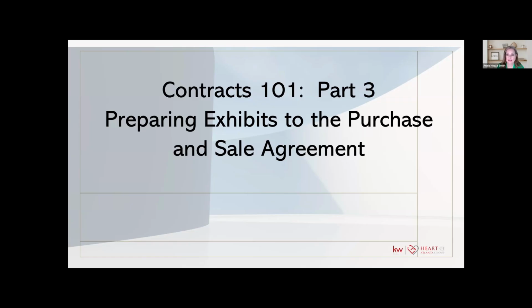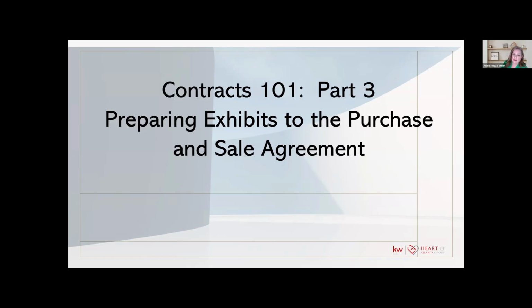Our fake contract was between a Sally seller and Joe buyer. And Joe buyer was getting a conventional loan. So we're going to focus a lot on the conventional loan exhibit and talk about how that exhibit is very similar in its structure, especially when it comes to the financing language, to the FHA and VA. And then just because we need to cover it, we're also going to look at the differences, which means we're